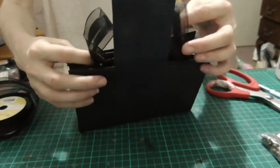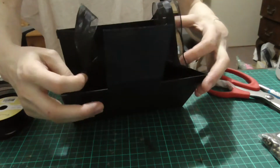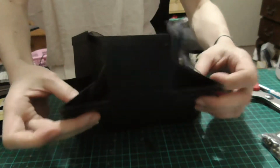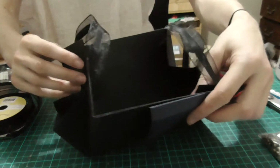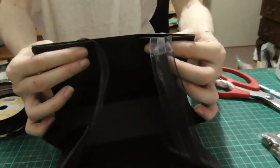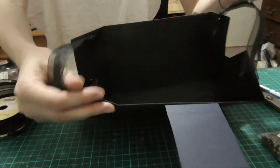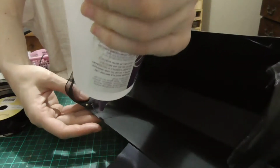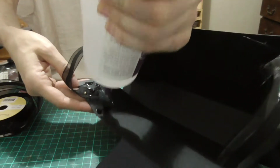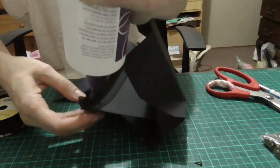So now we're going to work on putting the... Okay, now we have to put glue on this part because these have to be glued in. See? They have to be glued like that, and these have to be glued in. So what I do is I open it up and I put glue all up until this part. Put it on the ribbon around here, and then I come back on this side and